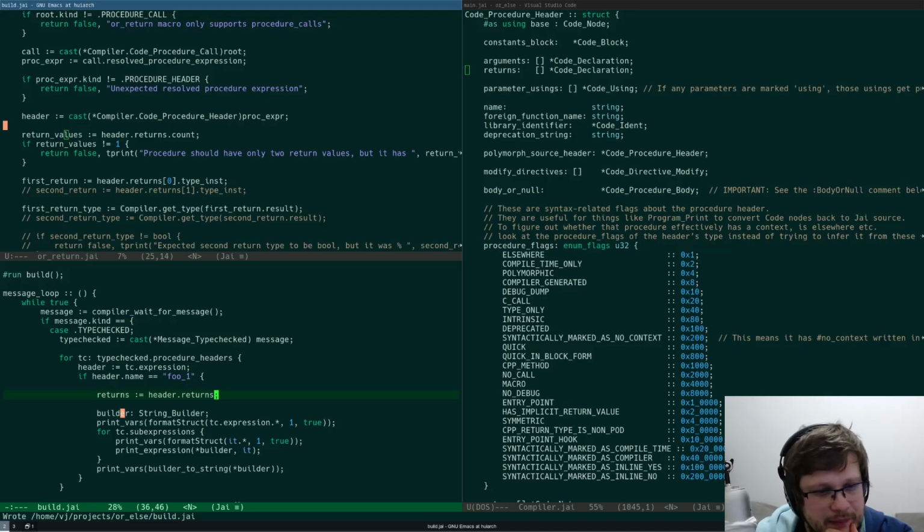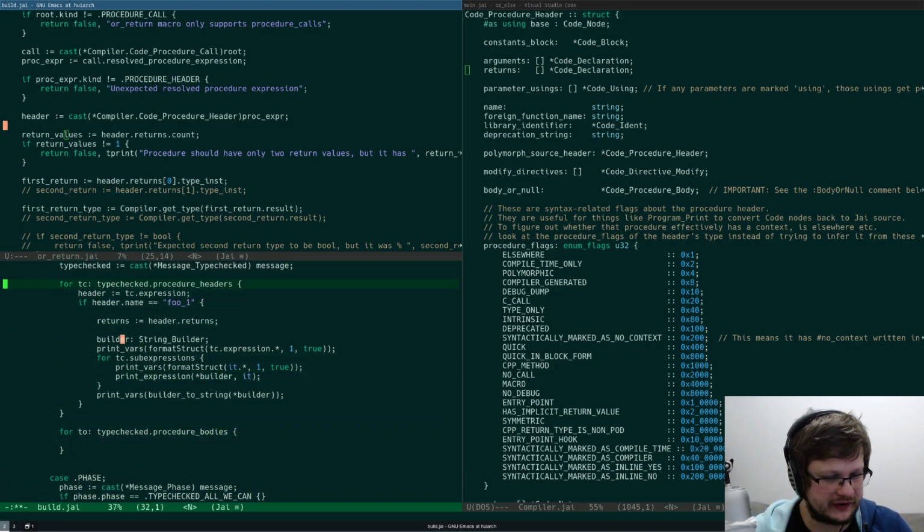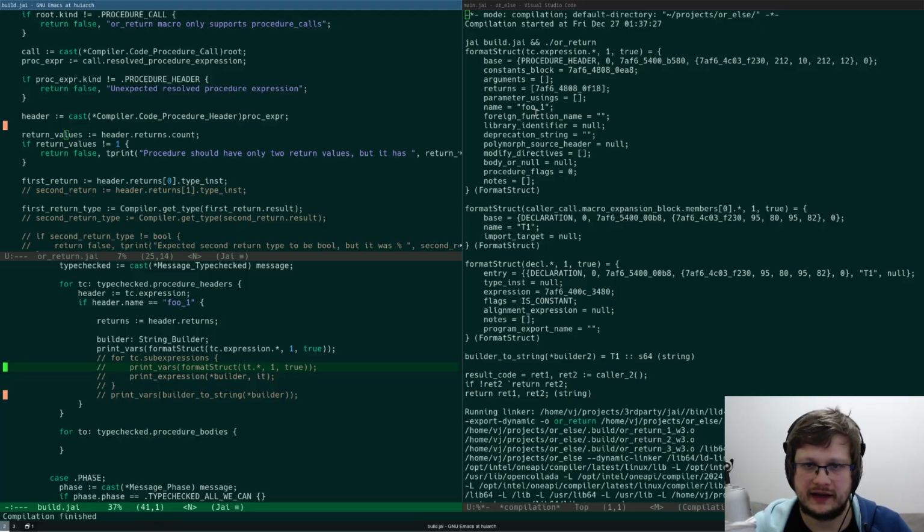But I don't get them in line. It should actually be fine. Let me just verify that. I don't want to print sub-expressions here. I just want to print vars. I just want to print the header. Yeah, header.